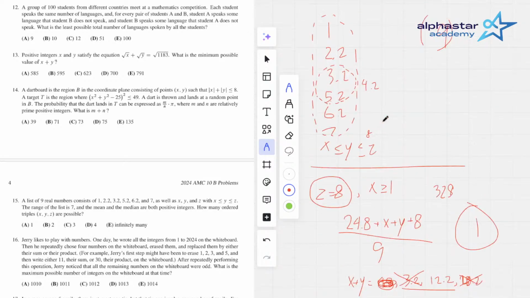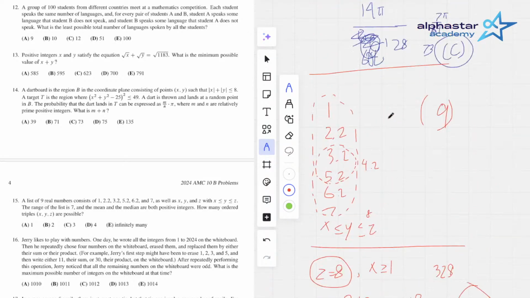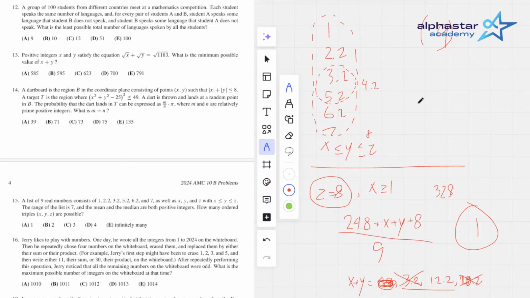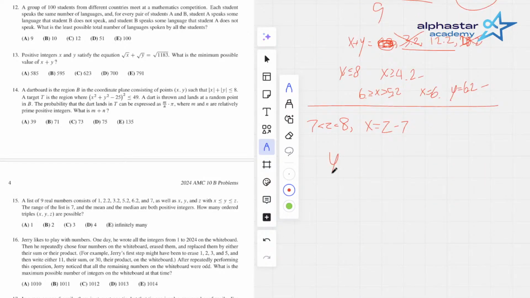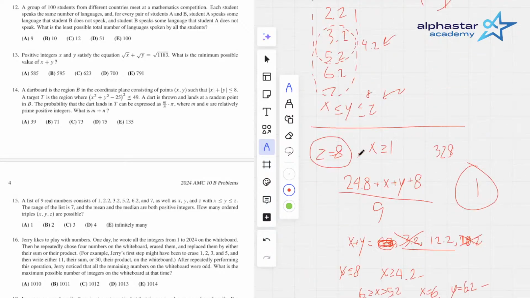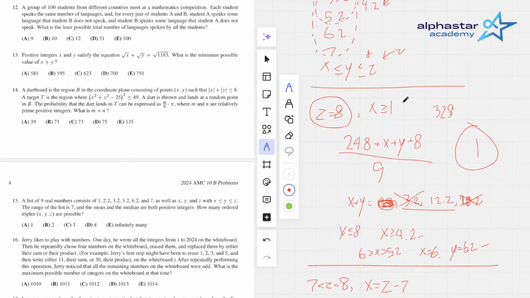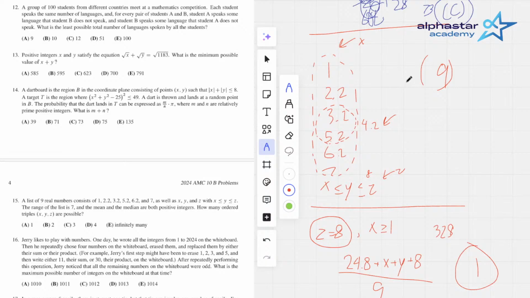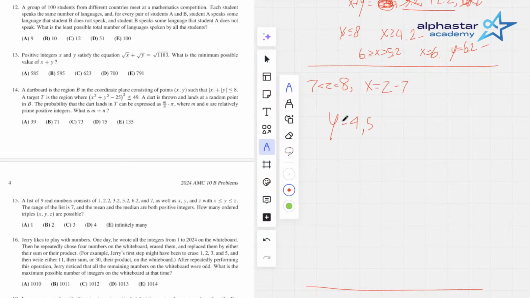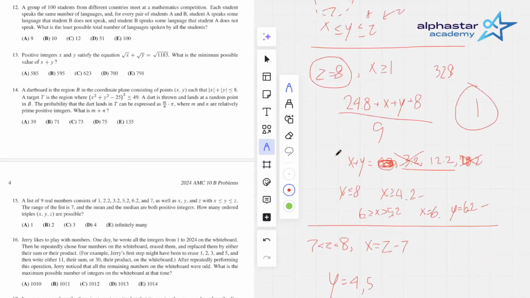Let's see, z is between 7 and 8, x is between, I guess, 0 and 1. They're offset by the same amount, and then, of course, in that case, y would have to be the median, because x lies here, and z lies there, so y has to be between 3.2 and 5.2. Furthermore, it's an integer, so it's either 4 or 5. And then let's see, z is that and that. So let's say z and then z minus 7. So if y equals 4,